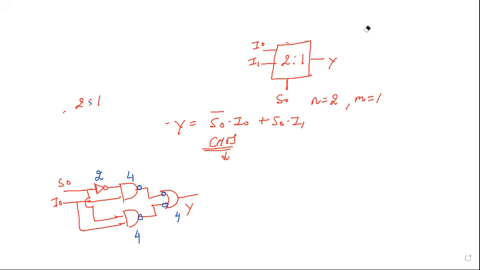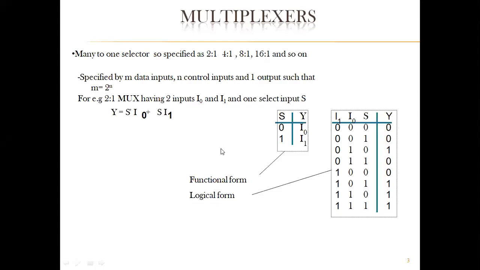And so transmission gate implementation is the normal preferred way of implementing the multiplexers. So now let's try to see how we can use these multiplexers for implementing any combinational function. So this is the functional form, which we have already seen, and this is the logical form.